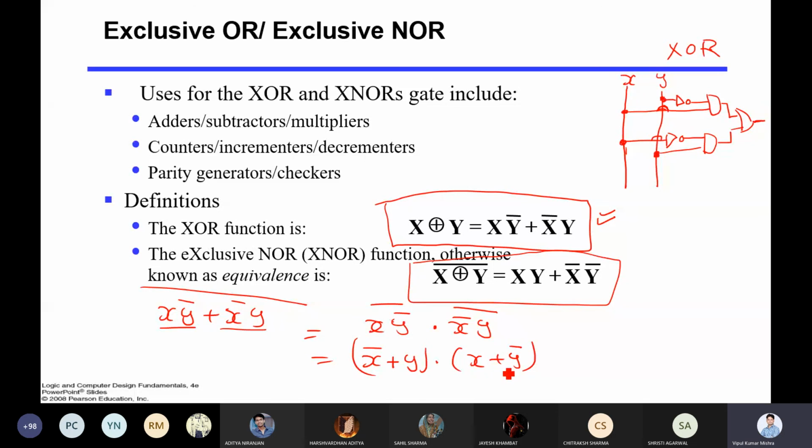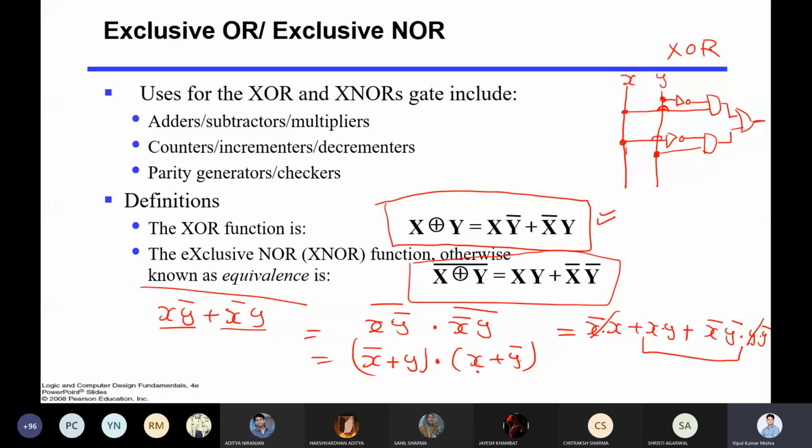Getting? Now you just take the dot product. If you take the dot product, let me say I am taking the dot with this, so you will get x dot x bar, dot x, plus x dot y. Then plus you will take the dot product of this, so you will get x dot y bar dot y bar. This will cancel out. This will also cancel out. What you will get?